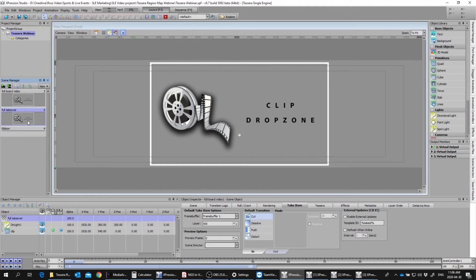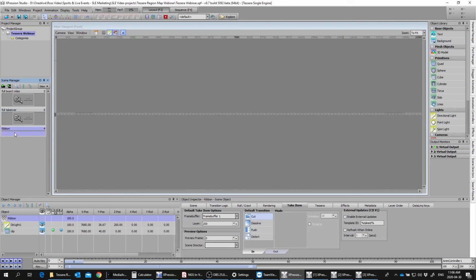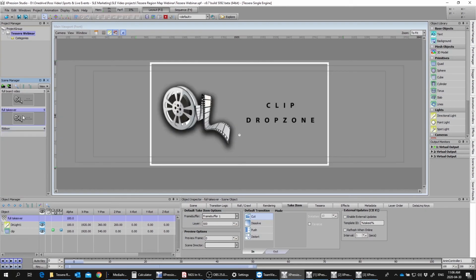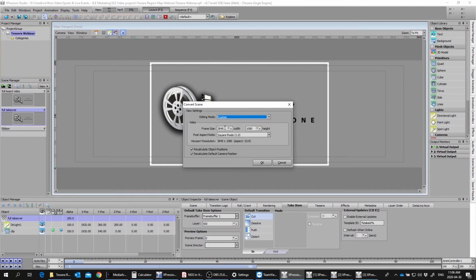Now, because this is a conglomeration of both the ribbon and the main display, the scene's dimensions are going to have to change to accommodate both pieces of content. So this scene is 15,360. This scene's 1920. Okay, 3840. So the first thing we're going to do is right click and convert dimensions, and we're going to make this scene